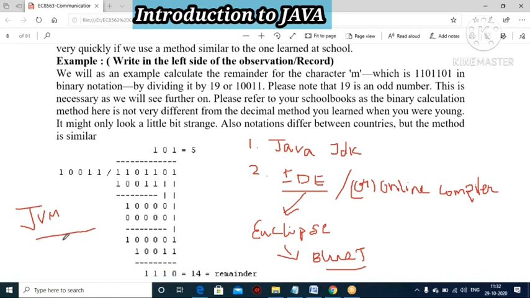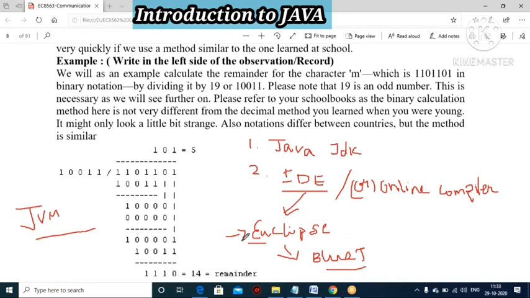It contains five main components: editor, compiler, linker, loader, and execution. Editor: if you take Eclipse, you can edit your program. Here you have the editor window. You type your program, save it with the dot java extension, and compile your program. That is the editor.